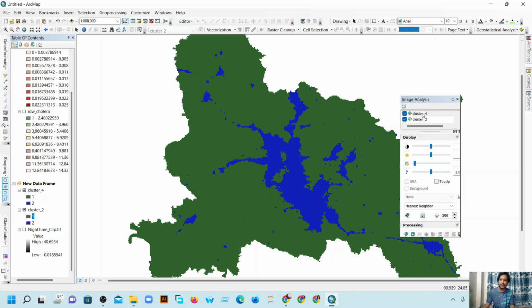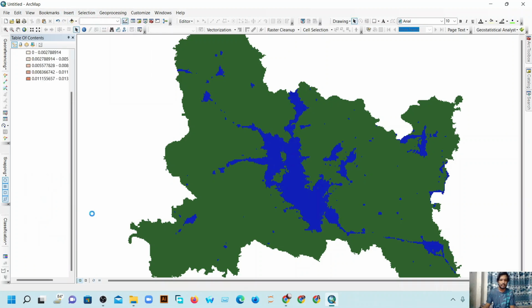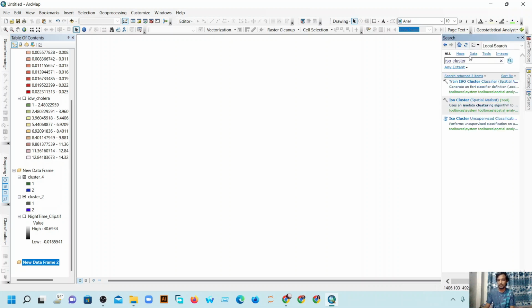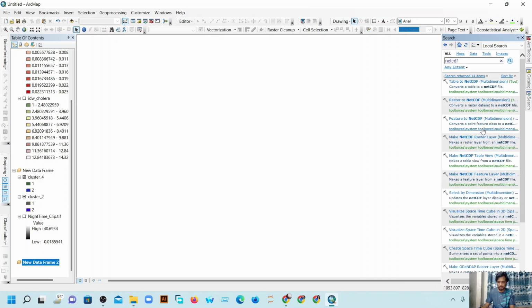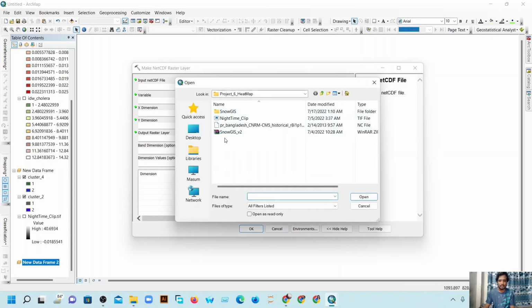So our final task left is visualizing a netCDF file. For this, again go to insert and create a new data frame, and now for the tool we have to search netCDF and select make netCDF raster layer. Now input file PR Bangladesh CNRM, open,